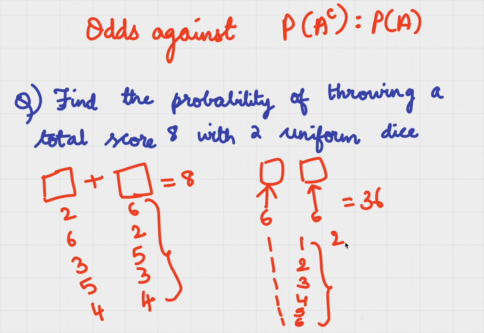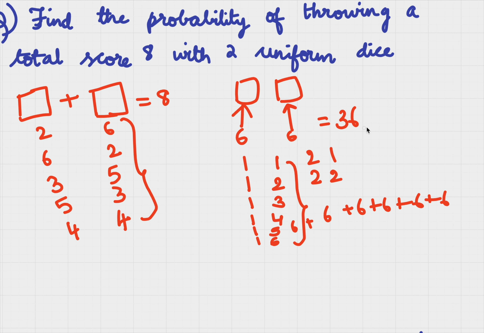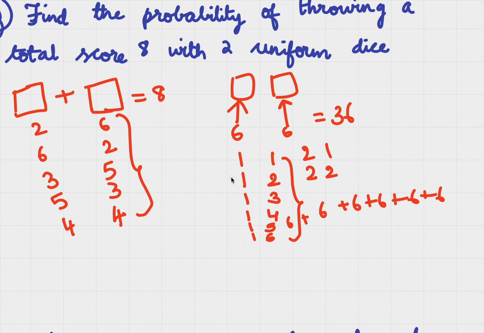That repeats with 2. 2 on this die and 1 on the other die. 2 on this die and 2 on the other die. So on. So we have 6 plus 6 plus 6 plus 6 plus 6 plus 6, for 1, 2, 3, 4, 5, 6 on the first die. So we have these combinations. In other words, if we want to understand, we can also understand it in different ways by just writing the possibilities. But I hope this must be clear.